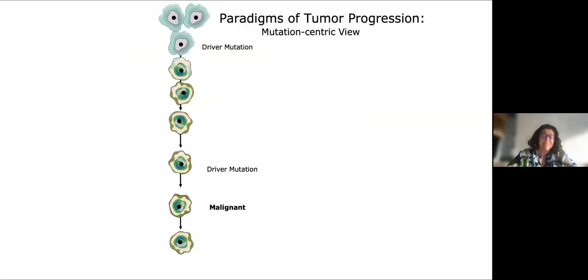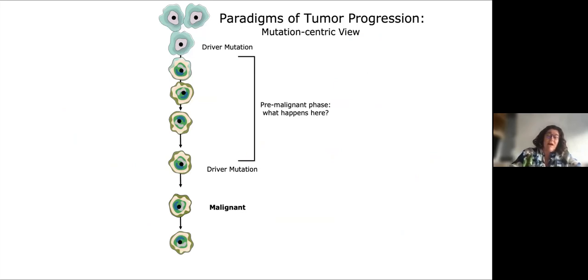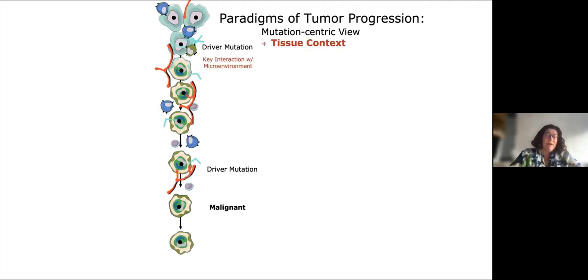PDAC initiation. So a lot of people, when they study cancer, there's been a lot of focus, certainly genomically, on the mutation and taking a mutation-centric view to tumor progression. And indeed, the tumor does gain driver mutations with time that makes it first arrive at malignancy and then increase its malignant abilities. But what happens in this really early pre-malignant phase, where it doesn't seem like there are more driver mutations being added on? A lot's going on, but it doesn't seem to be genetically driven.